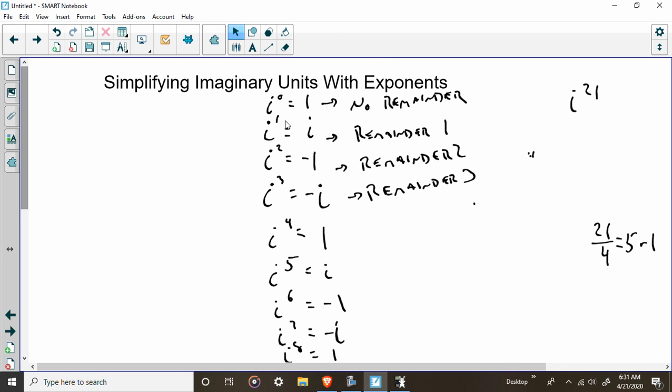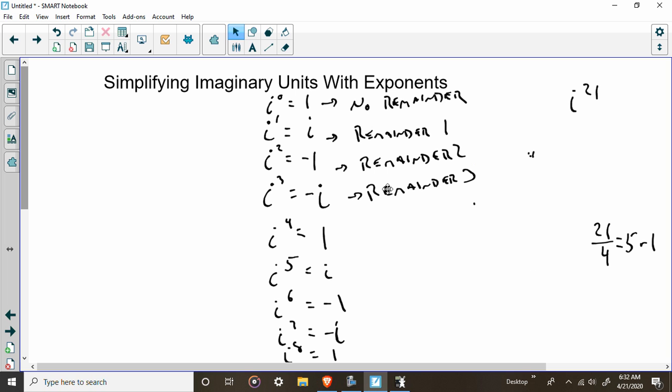No remainder, remainder 1, remainder 2, remainder 3. So really all you need to do is divide your exponent by 4. That's it. If you don't have a remainder, your answer is 1. If you have a remainder of 1, it's i. If you have a remainder of 2, it's -1. If you have a remainder of 3,